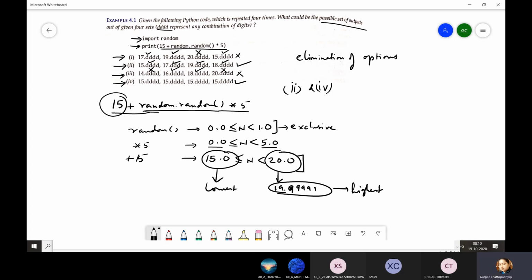Is this clear? Please write it down in your copy, and I will be giving you one more question which you will be solving on your own. The question is already in the book. It is example 4.1. So don't write the question, only write the solution, how you will solve it.